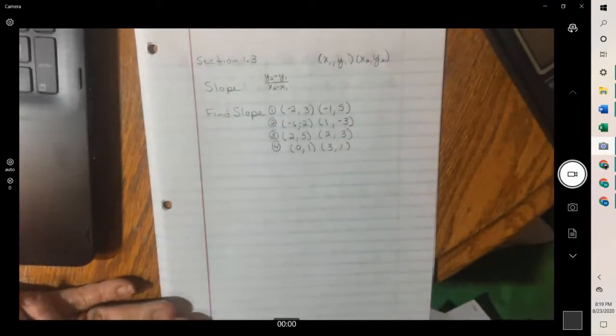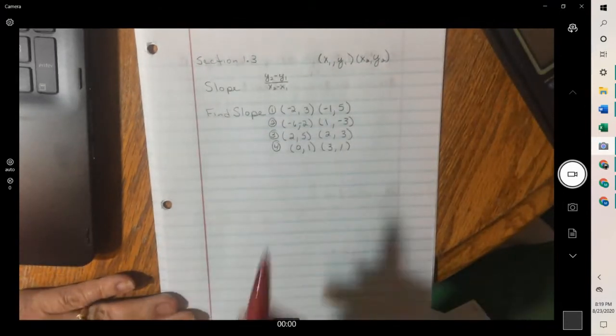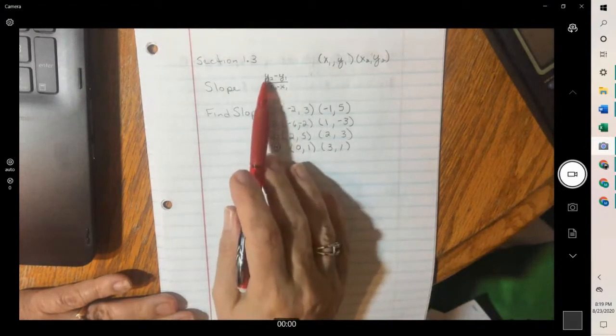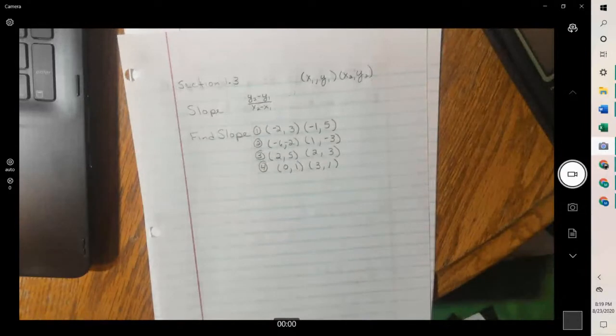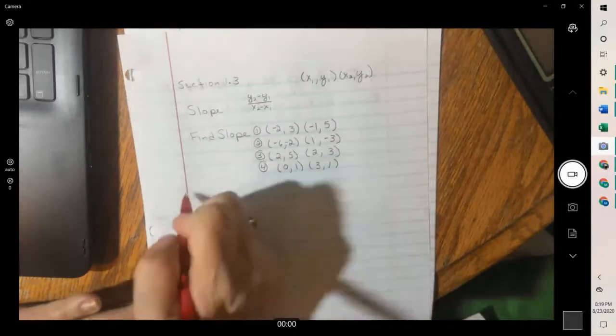So then we subtract the y's and subtract the x's. But they do need to be in the same order. So whichever point goes first on top, the same point goes first on the bottom. There we go. So if you look at the first one,